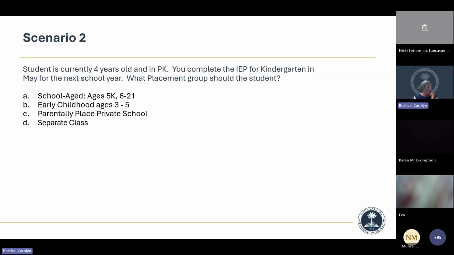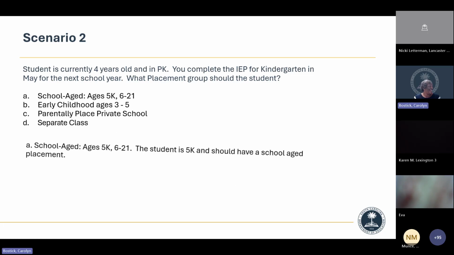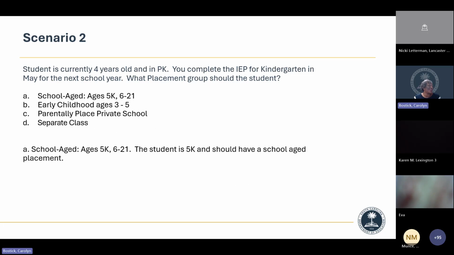Or D, separate class. What is the correct placement group for this child? Okay, I see A. Good. That is correct. The student will be in 5K, so they are school age population, okay?